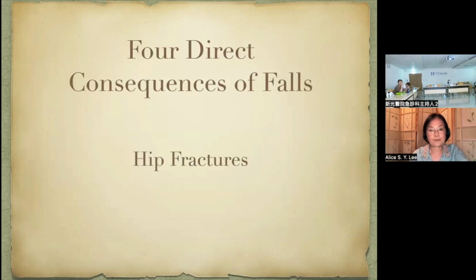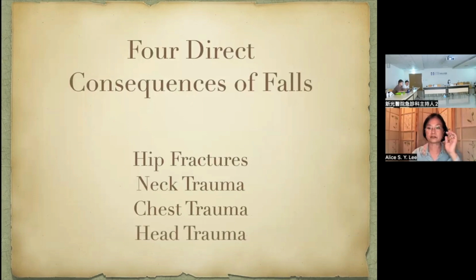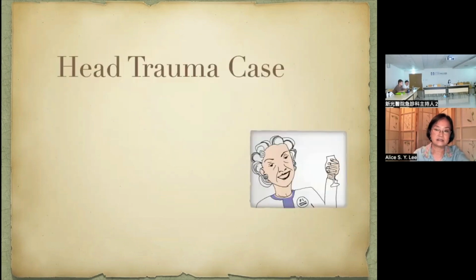All right. Hip fracture we talked about, neck trauma we talked about, chest trauma. This is a good one. Head trauma is the third reason that elderly trauma patients are admitted. Another patient of mine, she's